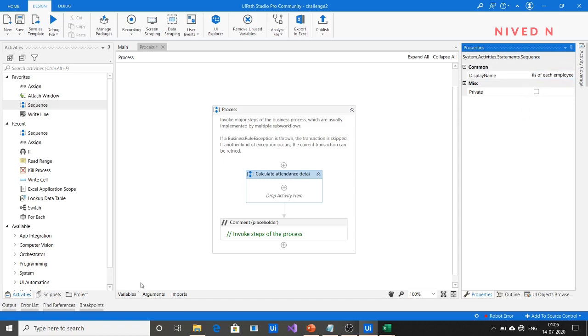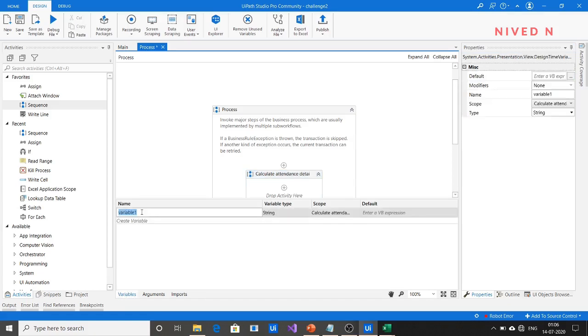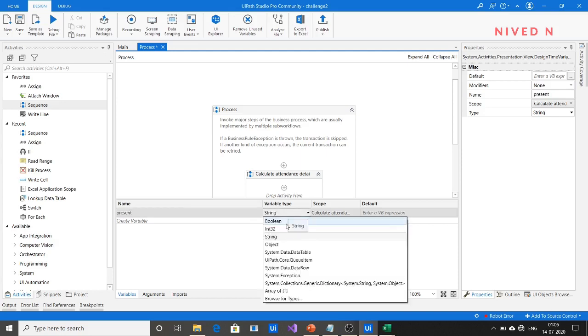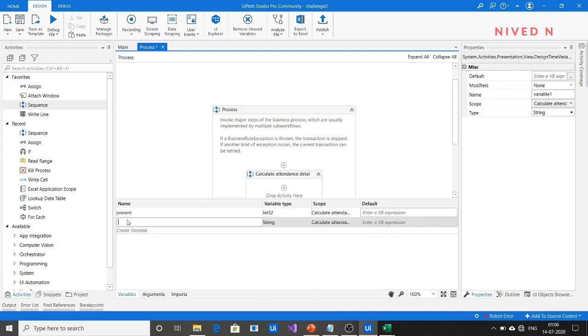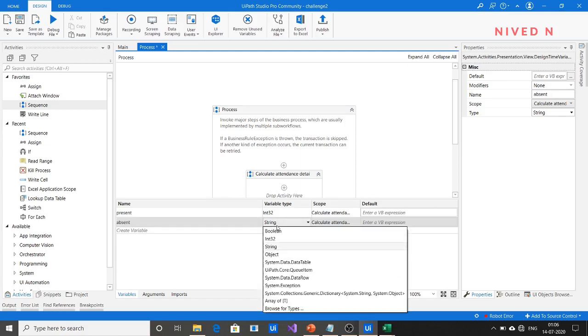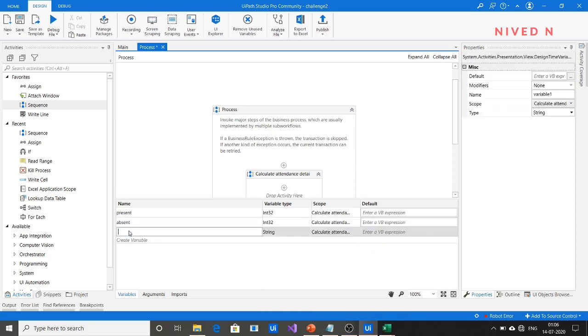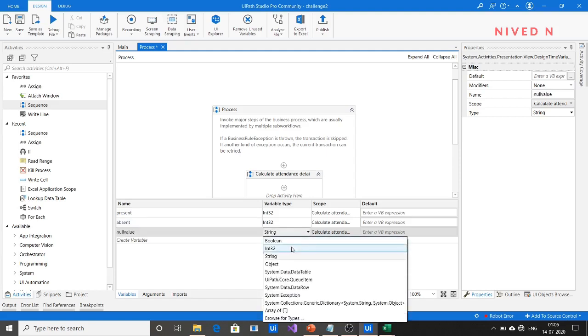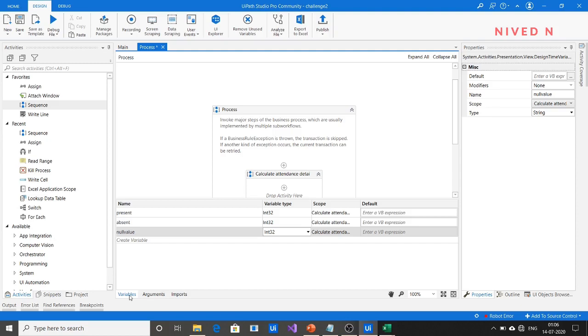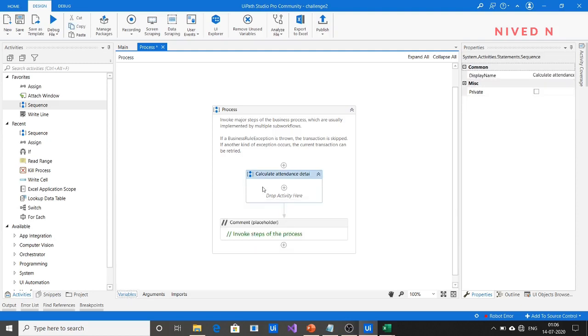For that we have to specify three variables: one to store the value of total present days, which is of integer type, one to store the absent days for each employee in terms of numbers, and one for the null values, also stored as integers. We can initialize them as 0, because while starting this process workflow we have to initialize them at 0.